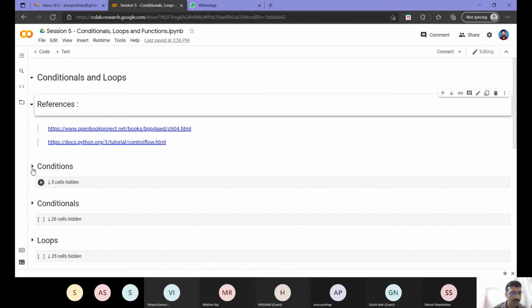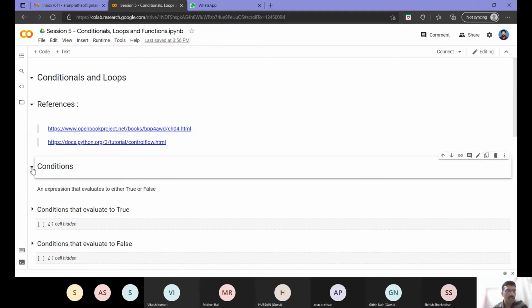So first we'll go through conditions. What is meant by a condition? Is it raining? Right now it is raining here in Trivandrum, so for the condition "is it raining", I can tell that it is true. In your place maybe it is not raining currently, so in that case the answer will be false. So conditions we will always be evaluating in terms of true or false. A condition can be described as an expression that evaluates to either true or false.